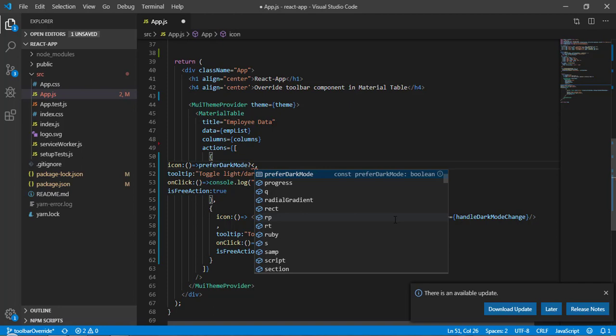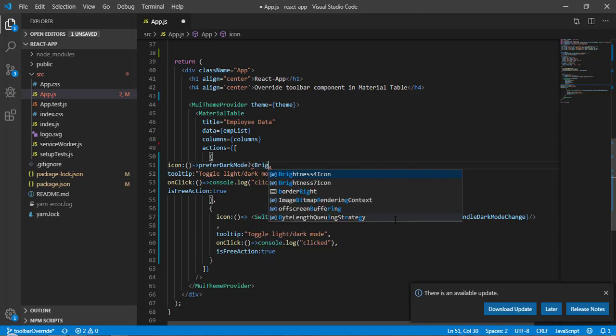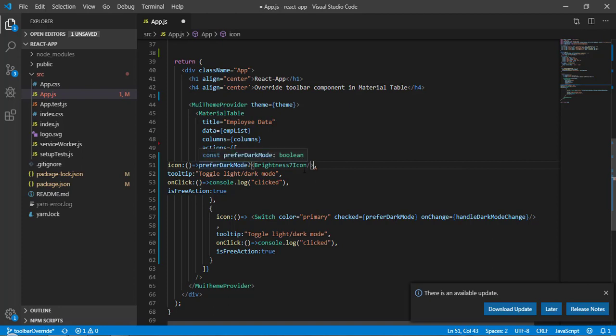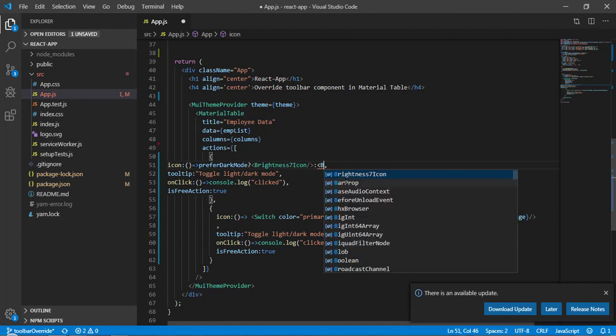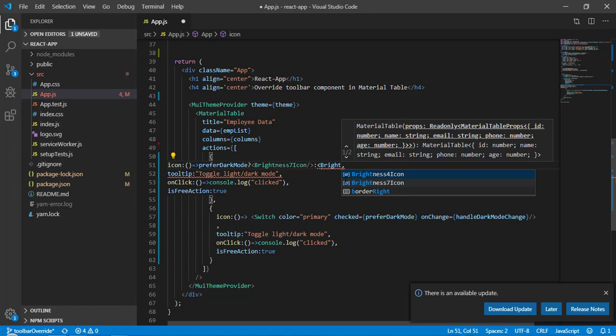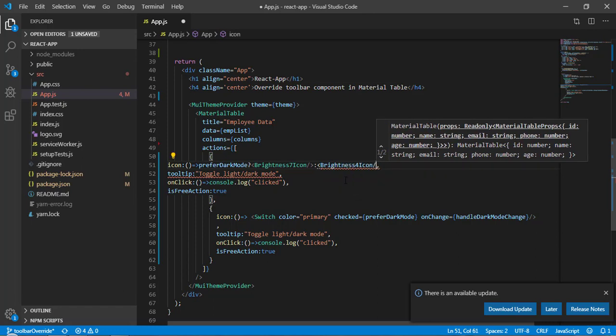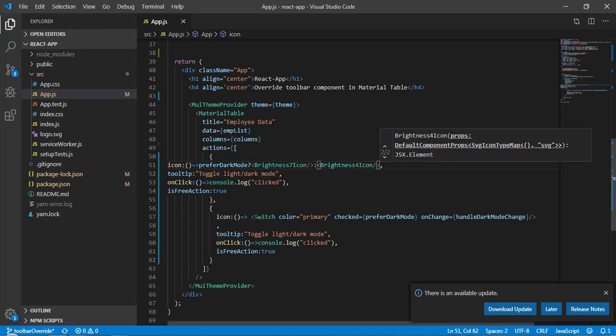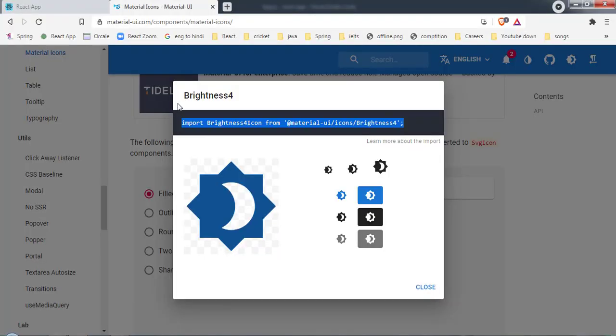So basically here I will render Brightness7. If prefer dark mode is false, I need to render the other one, which is called the Brightness4 icon. Now save it and let's come to the browser.